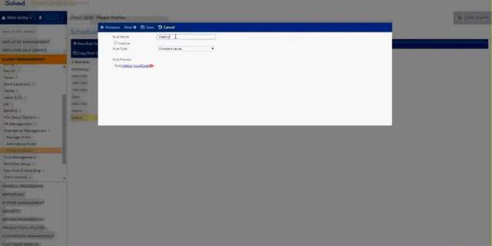I can call it weekly, shift A, or whatever I want to do. Now you'll notice under the rule type I have two different options. I have a pattern rule and a weekly rule. So the weekly rule allows us to configure a shift for Sunday through Saturday. So if my employee always works the same shift every single day of the week, I can define it that